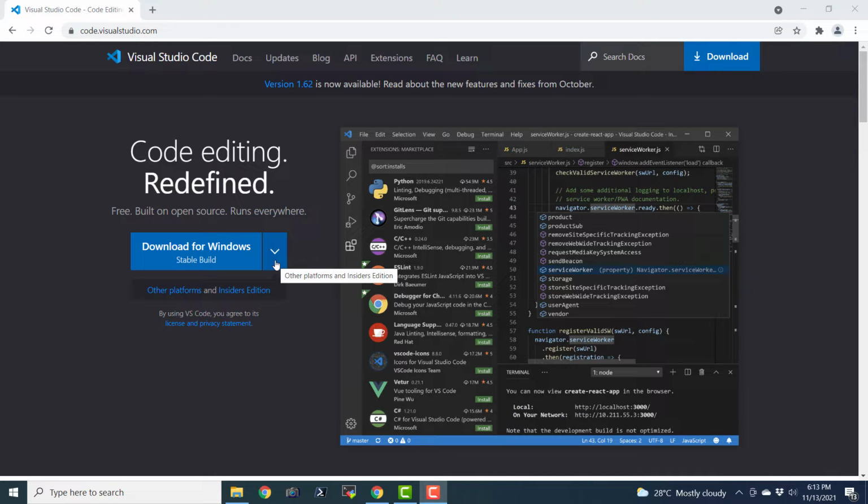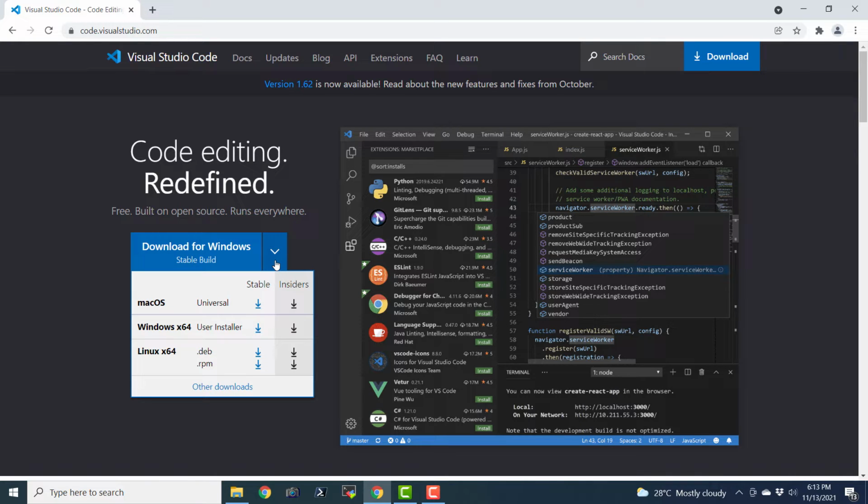Now, if you want to download it for other operating systems, those options are also available. We have download for Mac OS, then we have download for Linux x64 systems. We have downloadable in deb format for Debian and the distributions that are descendants of Debian like Ubuntu and Raspberry Pi OS, as well as we also have the RPM. So here in our case, we are interested in Windows x64. So I'm just going to go ahead and install this.